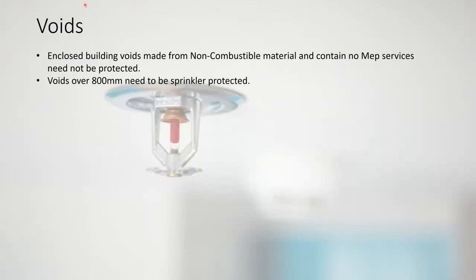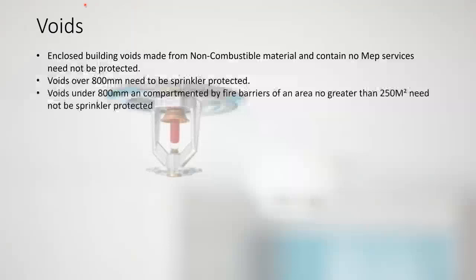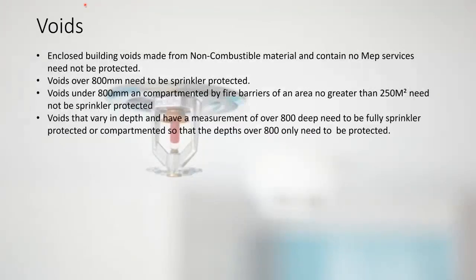Okay, the voids. Enclosed voids made from non-combustible materials that contain no MEP services need not be protected. Voids over 800 need to be sprinkler protected. Voids under 800 millimeters and compartmentalised by fire barriers, of an area no greater than 250 square meters, need not be sprinkler protected. Voids which vary in depth and have a measurement of over 800 in one part of it